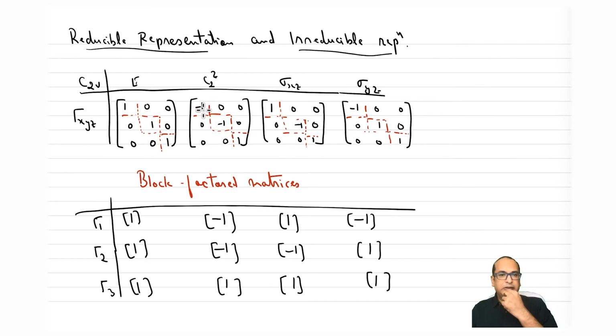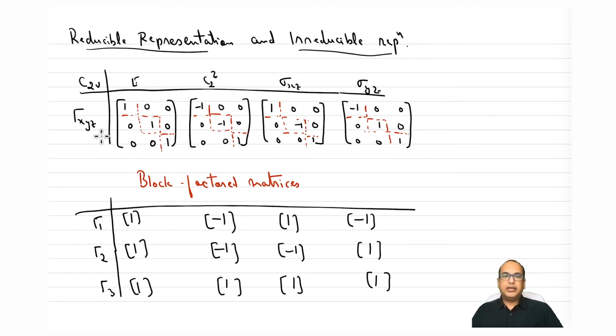Okay, so what we have shown is that when I take XYZ as the basis, all together as the basis, I get a representation which can be reduced further by doing block factorization of the matrix and converting them into simpler matrices, which individually have basis set as X, Y, or Z, right? So those were the unit vector transformations which we did, and we saw that one of these, for example this one I think is the tau z representation, and one of them will be tau x. I think this one will be tau x and this one will be tau y, right?